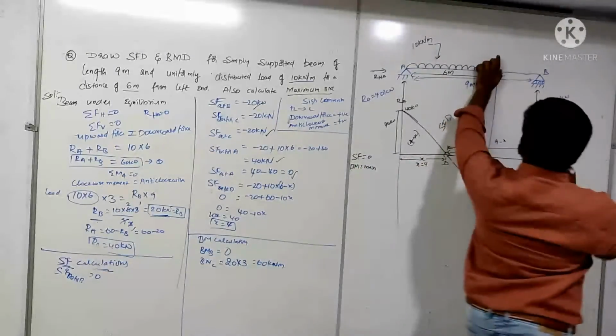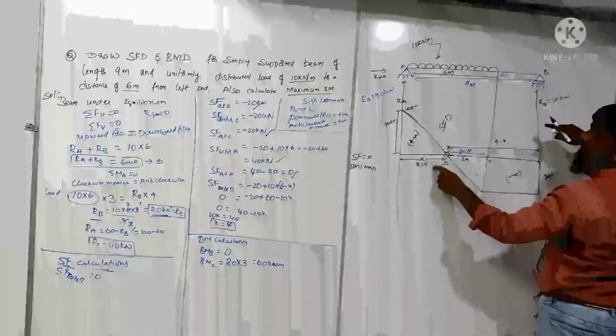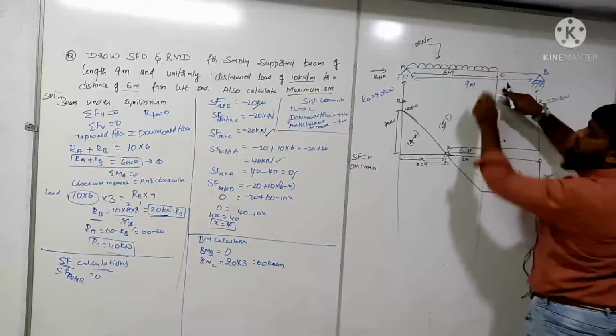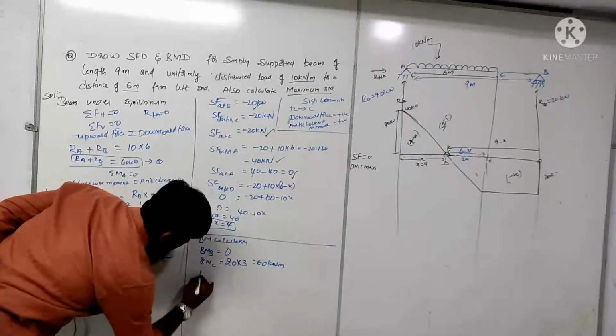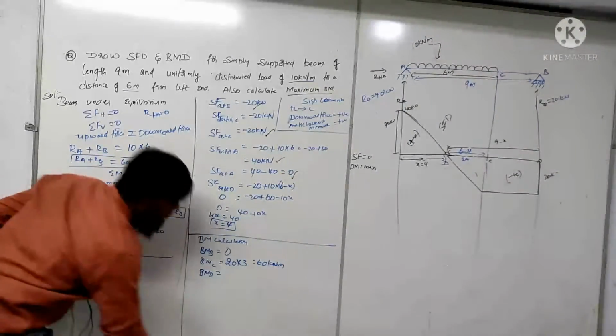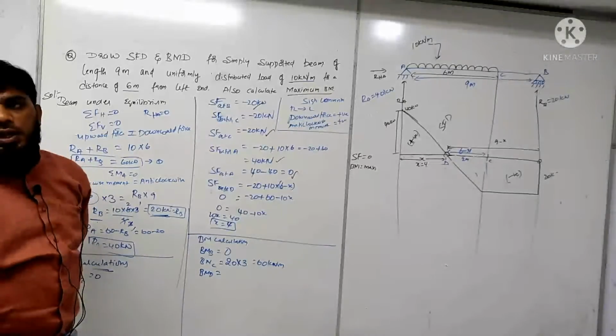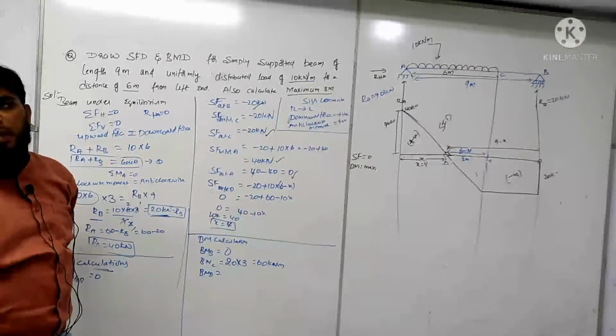To point C, this distance we are seeing, you are not seeing from here, you are seeing from here. So it is 9 minus 6, 3. Next is bending moment at point D you have to take. Bending moment at point D, because that is the point where we are calculating the maximum bending.